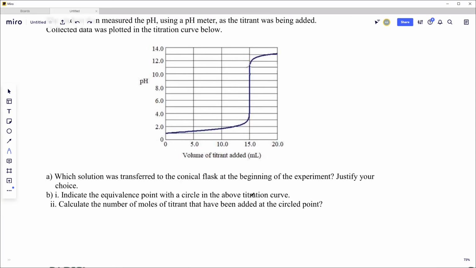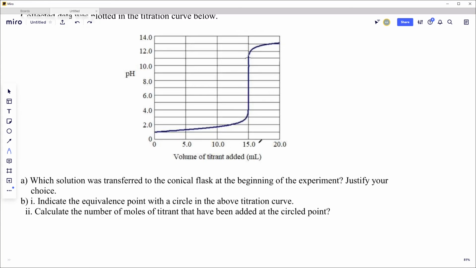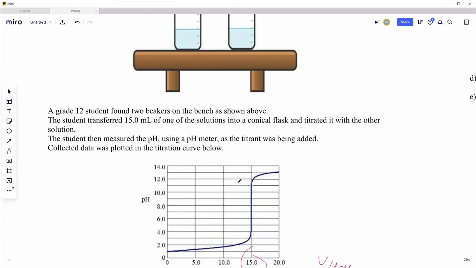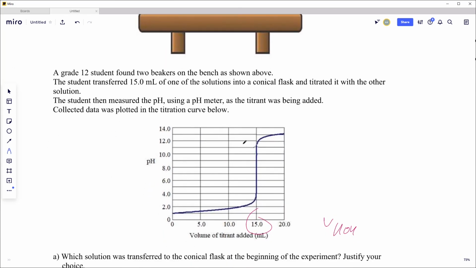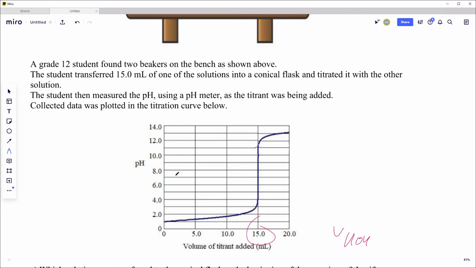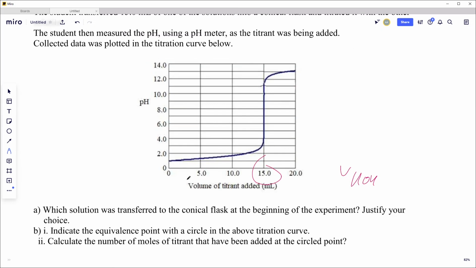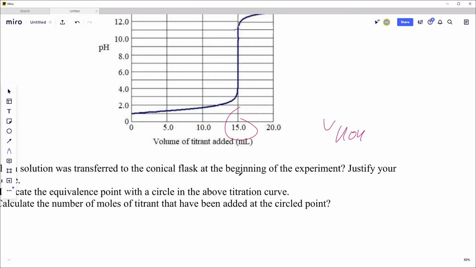Calculate the number of moles of titrant that have been added. We have the volume instantly. This is the burette, so the volume of the titrant, the base, so KOH. So we have the volume of KOH, and we have the pH. What else do we have? We have the equivalent concentration. So we want to find the number of moles. That's easy. We have 15, that's the volume, and the number of moles of the base, KOH,